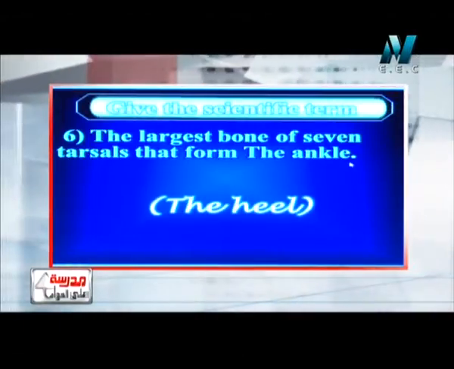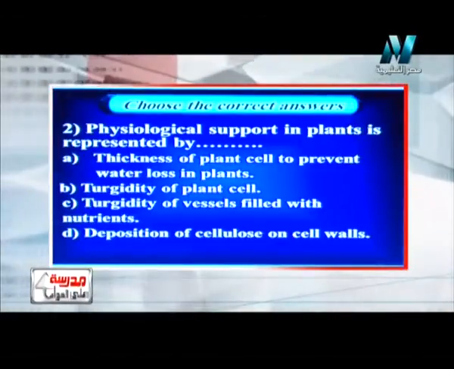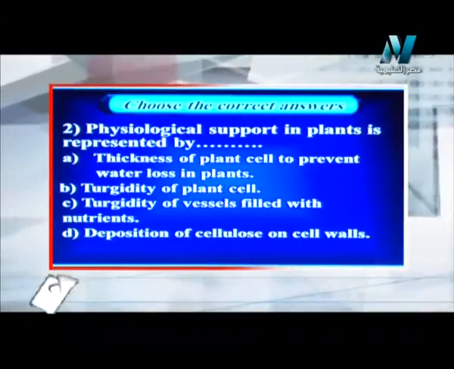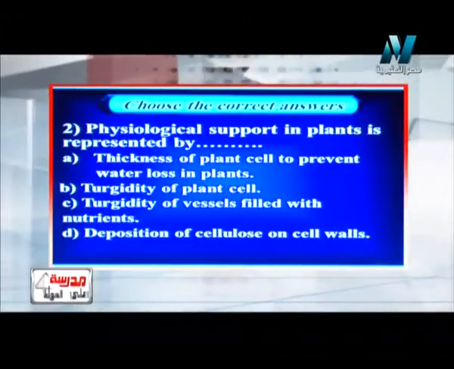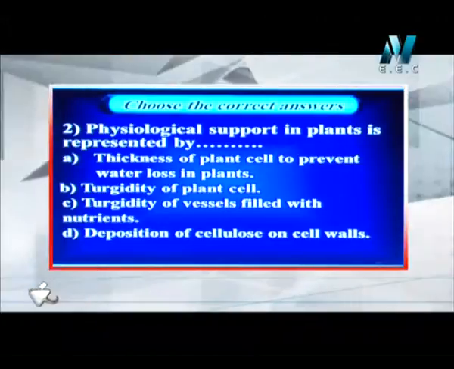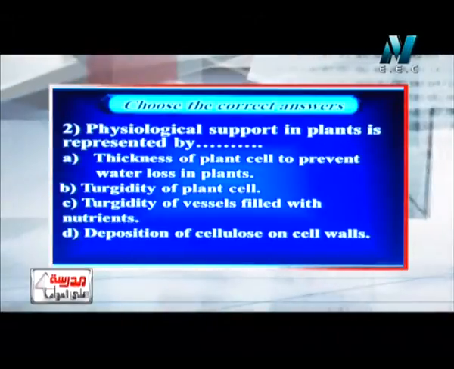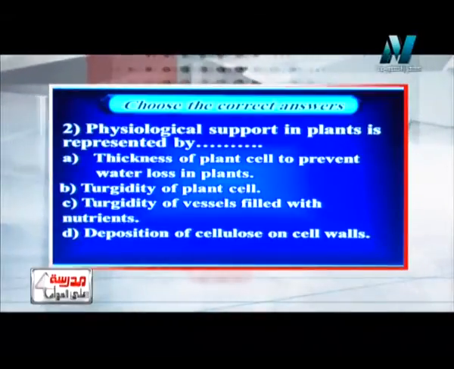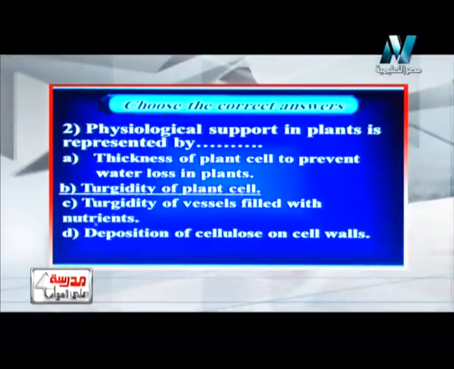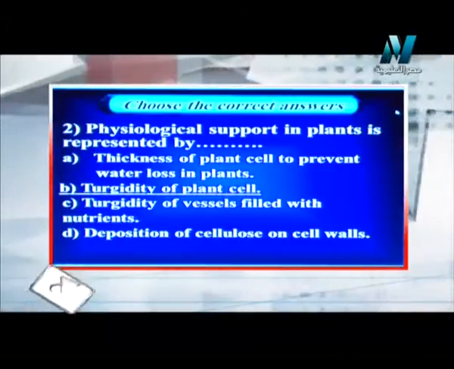The next: physiological support in plants is represented by thickness of plant cell wall to prevent water loss, turgidity of the plant cells, turgidity of vessels filled with nutrients, or the deposition of cellulose on the cell wall. The physiological support is a support due to the presence of water inside the cell vacuole, which leads to the turgidity of the plant cells. The next: